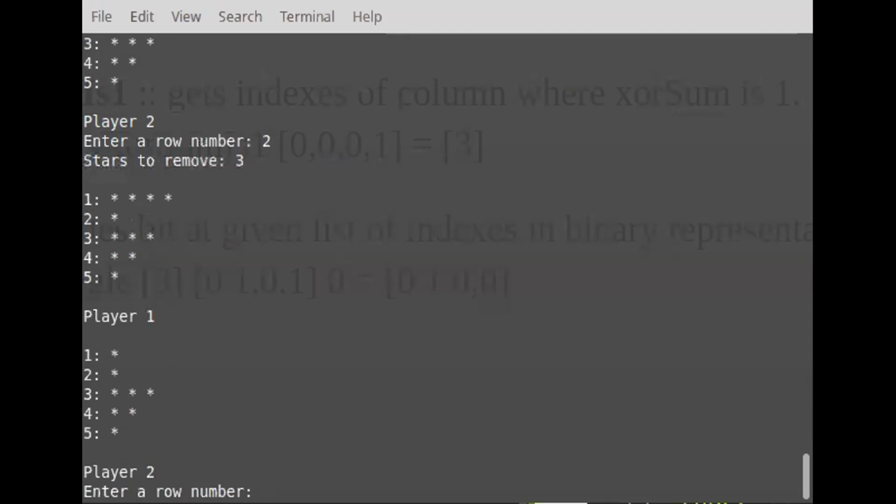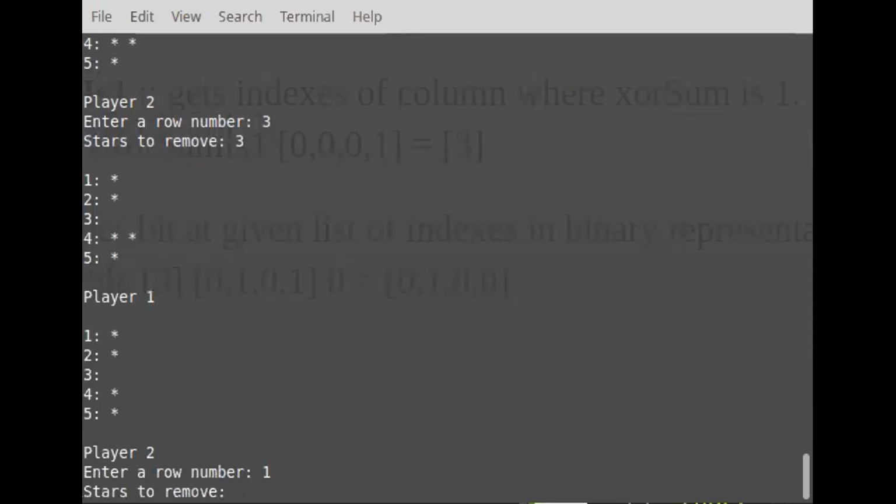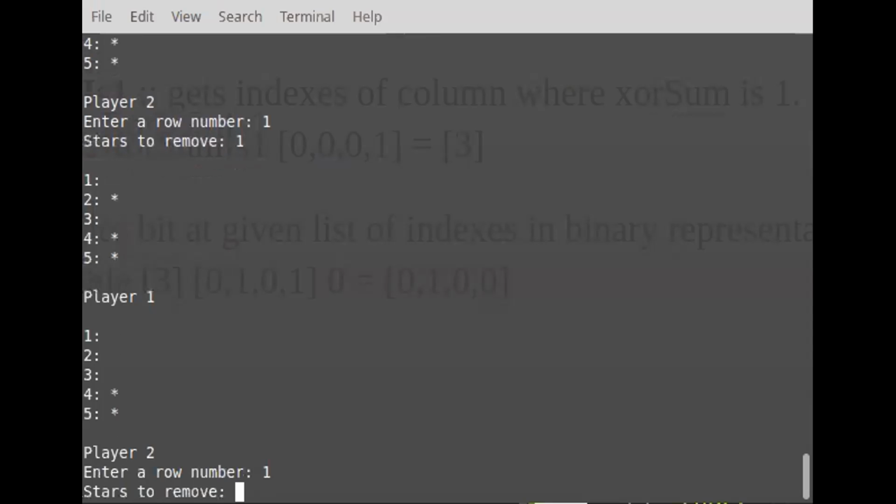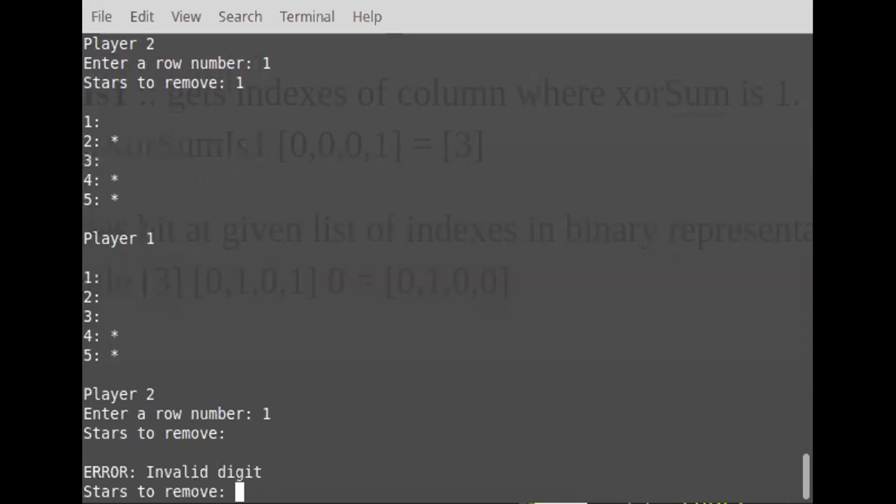Then again the machine has made some move. Then again we can make another move. Third row completely empty. Now the last turn will be the machine's. So I will lose anyway. So this will be valid.